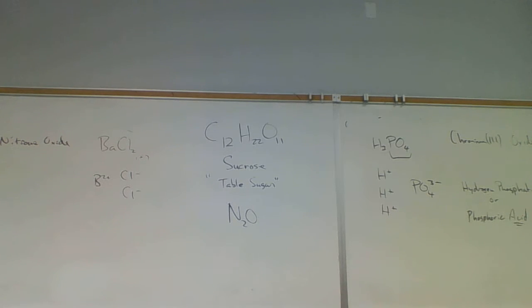What's the charge on oxygen? -2, but you always have to be careful with oxygen because there's one more charge on oxygen. Do you know what it is? It's O2 2 minus, which we call